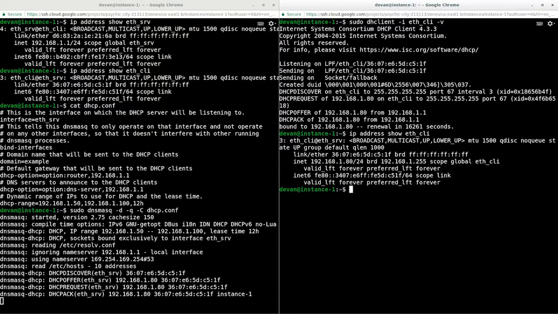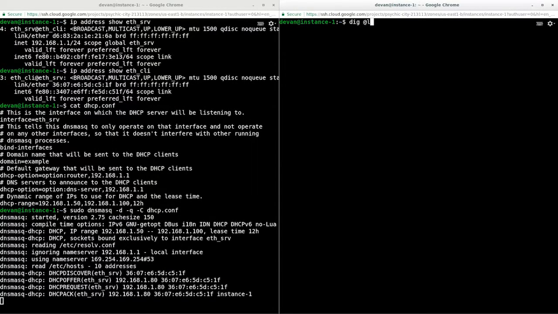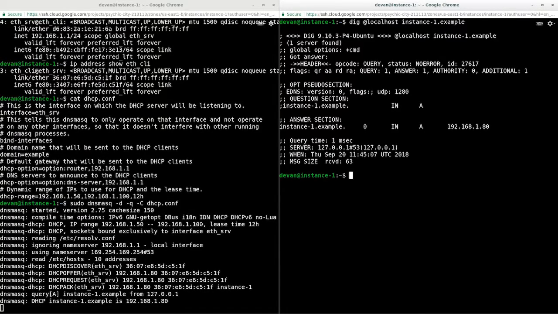Now, let's look at what Dnsmasq printed when the request was made. We see the same packet exchange that we saw from the client, but Dnsmasq also shows that it now knows the host name of the machine with the address 192.168.1.80. Because Dnsmasq also has DNS capabilities, this means it will also provide this as an authoritative answer for local queries. So now I'm going to type in dig @localhost instance1. And with that, we've seen how Dnsmasq can act not only as a DNS server, but also as a DHCP